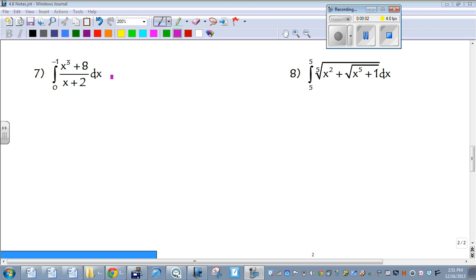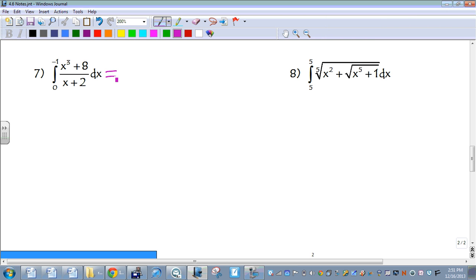Alright, for number 7, this one, we can't split up the division like we did earlier in number 4. What we need to look for is factoring. See if we can factor the top, or we could use synthetic division, but factoring does work here, as long as you remember how to factor the sum of two cubes. So if not, you can fall back on synthetic division,